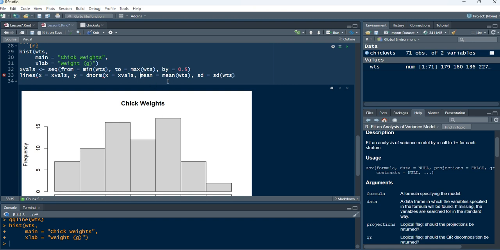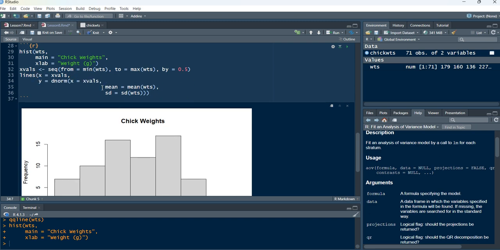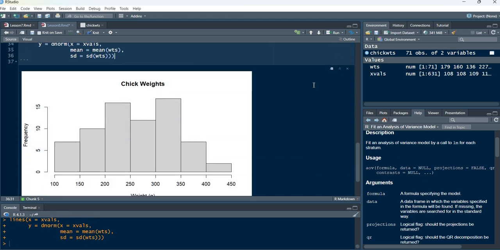So again, you can put them on separate lines if you like to make it easier to read. That will close off the dnorm argument, but it'll also close off the lines command. So you can do it like this if you want, however you like to organize your data. You can have it all on one line. It doesn't matter as long as you've got the right parentheses and commas and everything like that. So now, if we run this whole chunk,